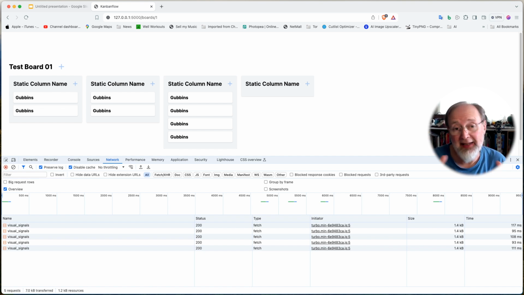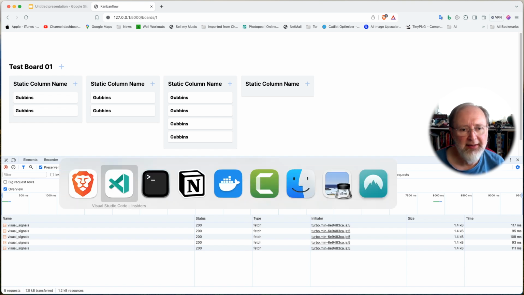So that's it. That's all you need to do. I made a mistake there because I typed the wrong thing. But that's all you need to do to get Turbo Streams working, to send these tiny little update packets, and if you wanted to change more things, like a count,